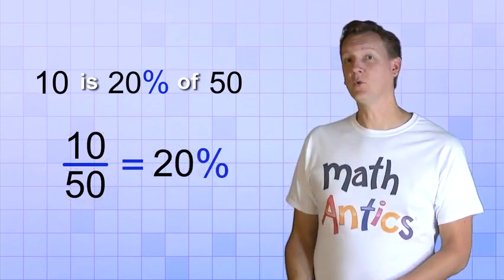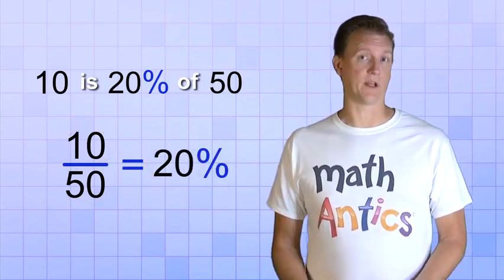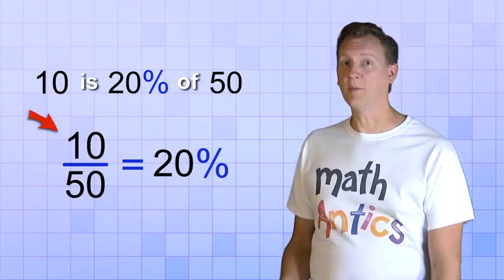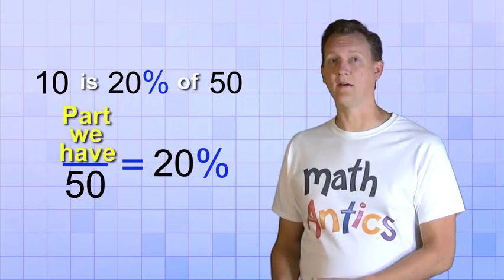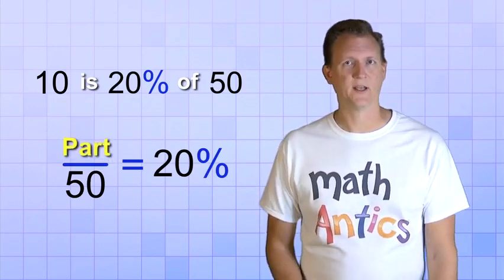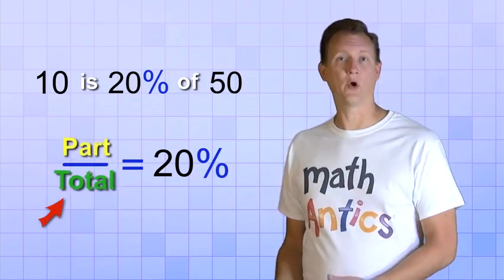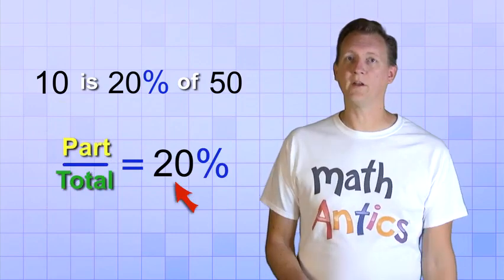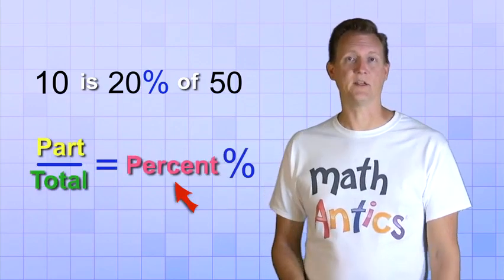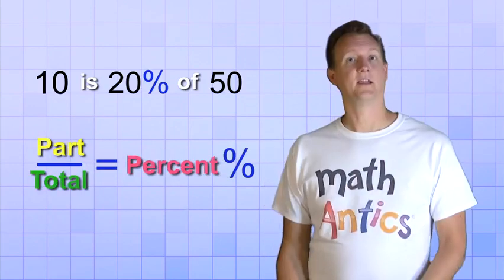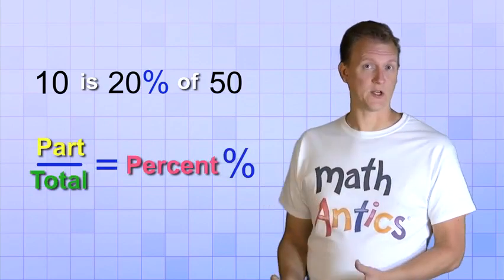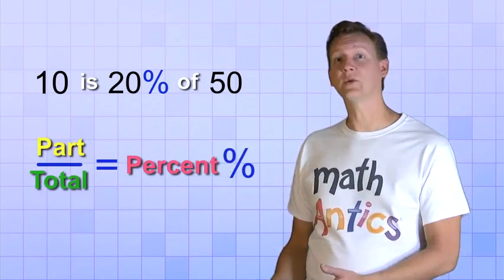And we're going to give each one of these three numbers a name so that we don't get confused. We're going to call the top number of the fraction the part we have, or just the part for short. And we're going to call the bottom number the total. And we're going to call the number in front of the percent sign the percent or percentage. And since there's three different numbers that can change in a percentage problem, that means there's three different questions that